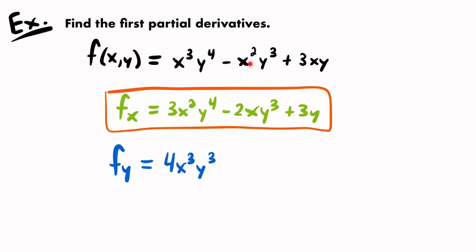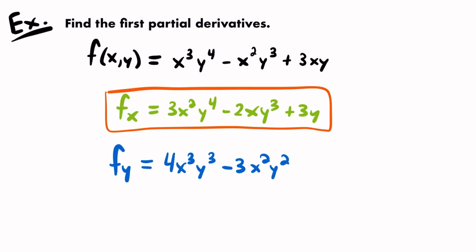Okay, then moving on to the next term. Once again, this x part, negative x squared, you'll treat as a constant, but then take the derivative of y to the power of 3. You can find that using the power rule for derivatives once again. You'll multiply that 3 down and subtract 1 from the exponent, and that will give you minus 3x squared times